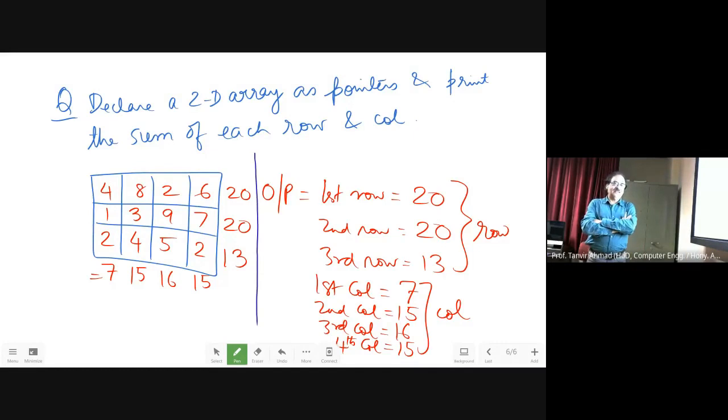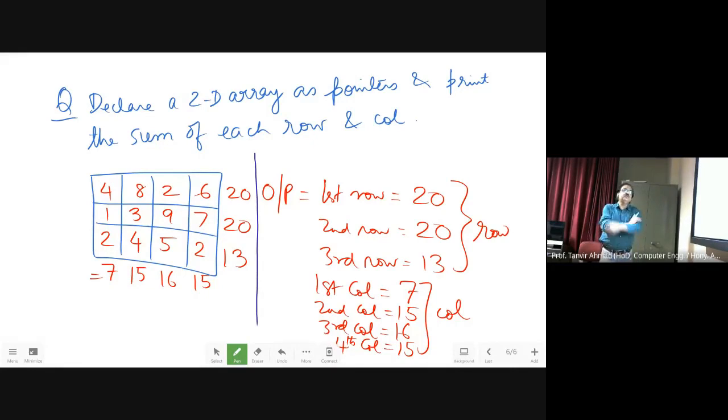Okay, can we do this? I have written the scanf code, I have written the printf code, I have written the code for declaring the array, to allocate memory to this. Just you have to write the code to do this.